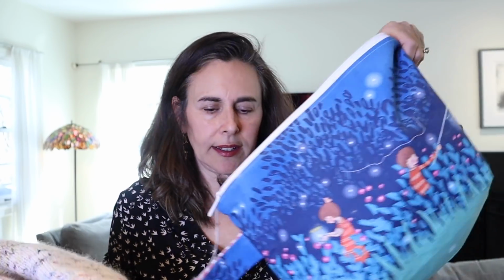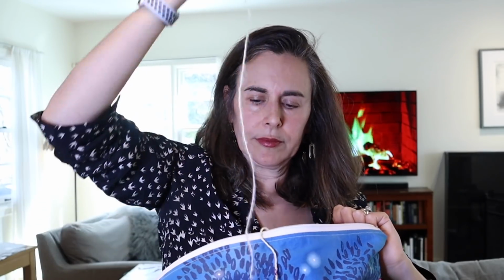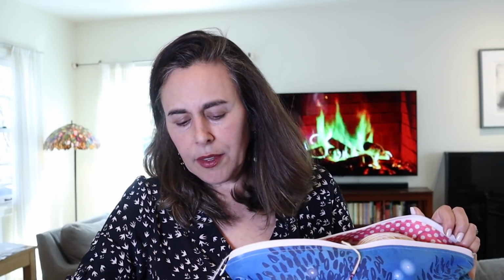Okay, so that's that. Let me try to stay organized here, put things back where they need to be. The Felix Pullover calls for a worsted weight yarn, but I'm doing DK and Surrey held together. Maybe a little thicker than it should be, but